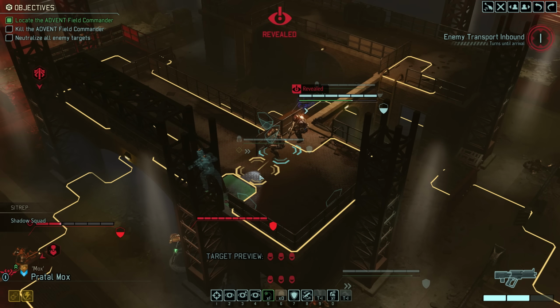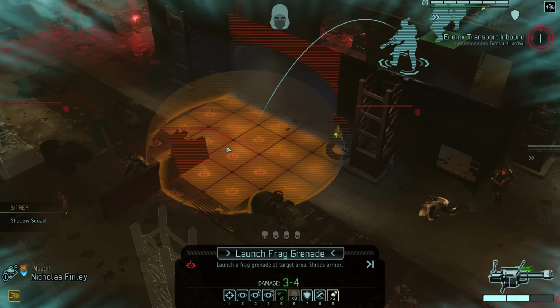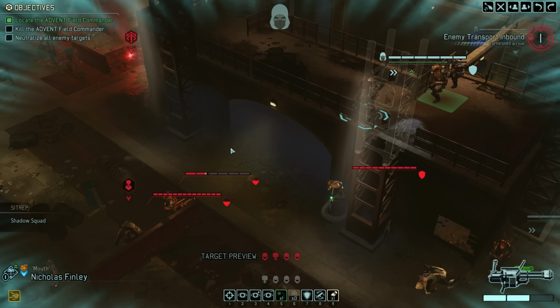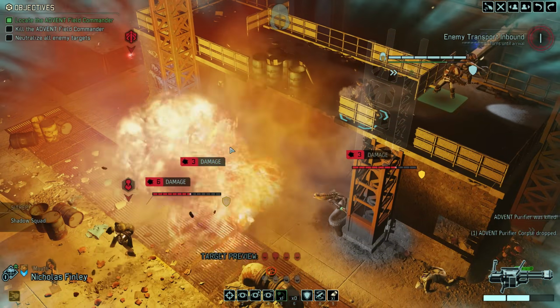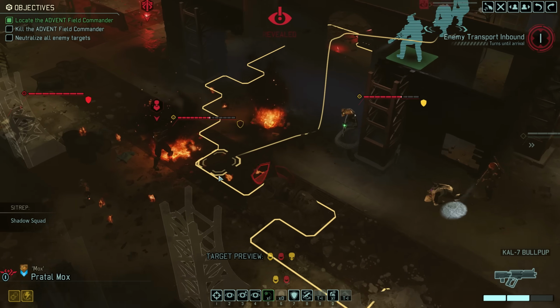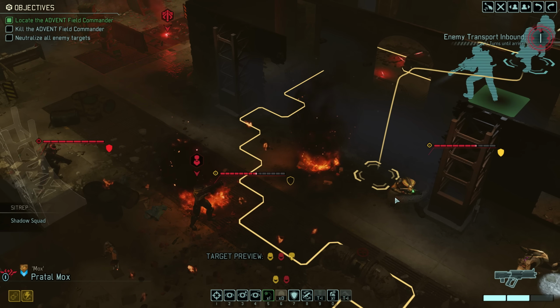I am revealed. Still, to follow things up, we are now launching a grenade with Nicholas, targeting both the purifier as well as the Viper. Grenade out! I'm spotted. Okay, so that dealt 6 points of damage to the commander and also removed their cover, but even